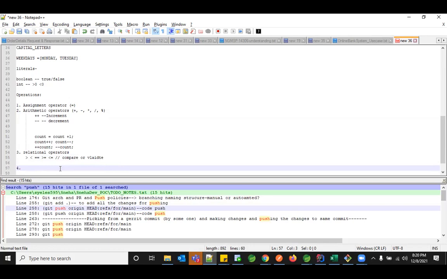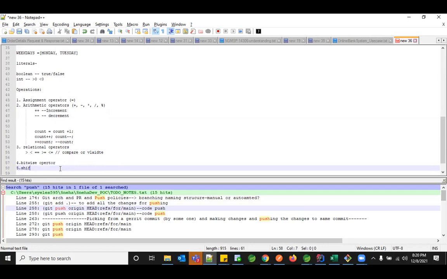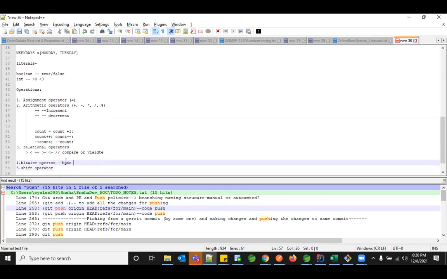And apart from that, we have something called bitwise operator, shift operators. So what do these do? These are basically related to bits, byte related operations, right? With zeros and ones. But when you come into object oriented programming, we can say 99% we never go into this bit operator and shift operator unless you have such use cases in your real-time example. Apart from that, we'll be using only the major operators. Okay. And so far, any questions on the operators?